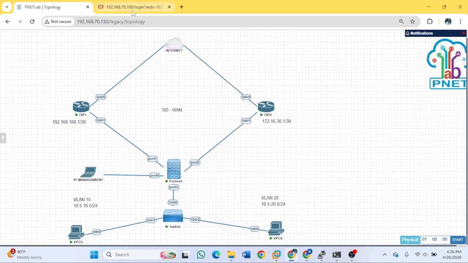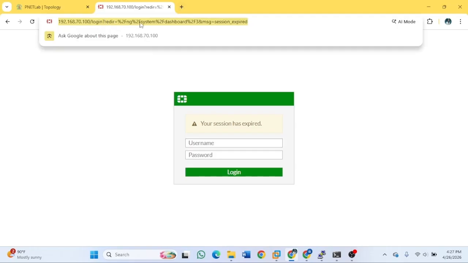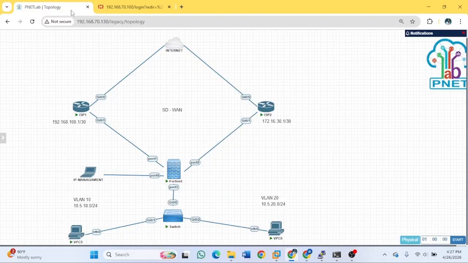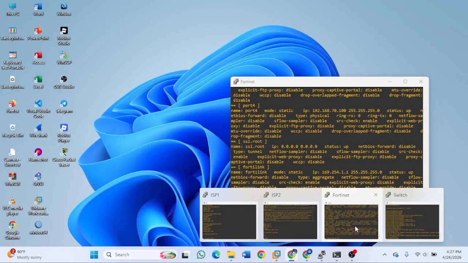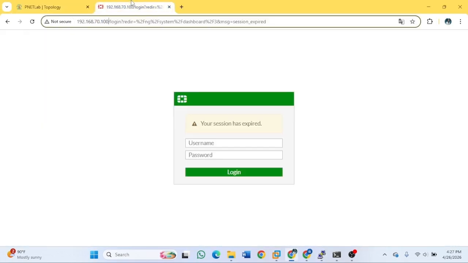After that we go to the GUI here. That's the IP address of this VM. This is the IP address, port 4 to IP management.